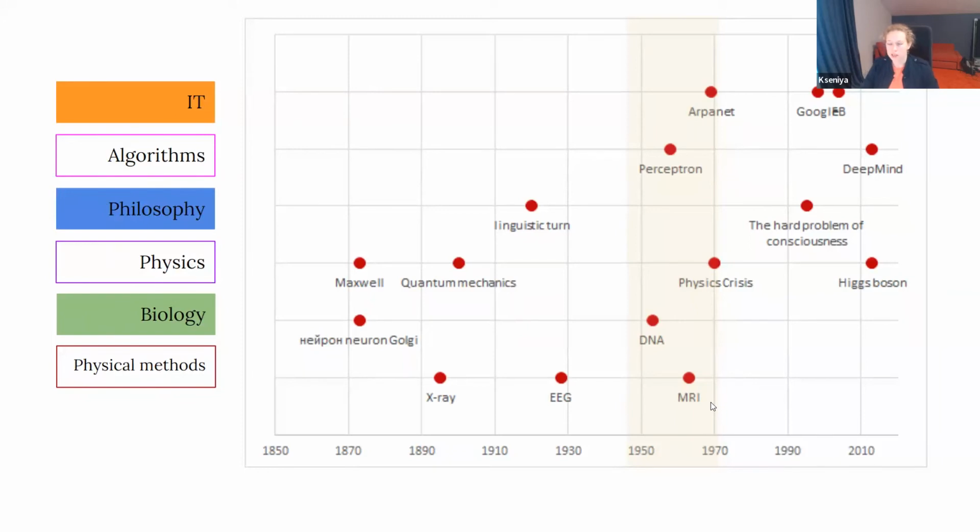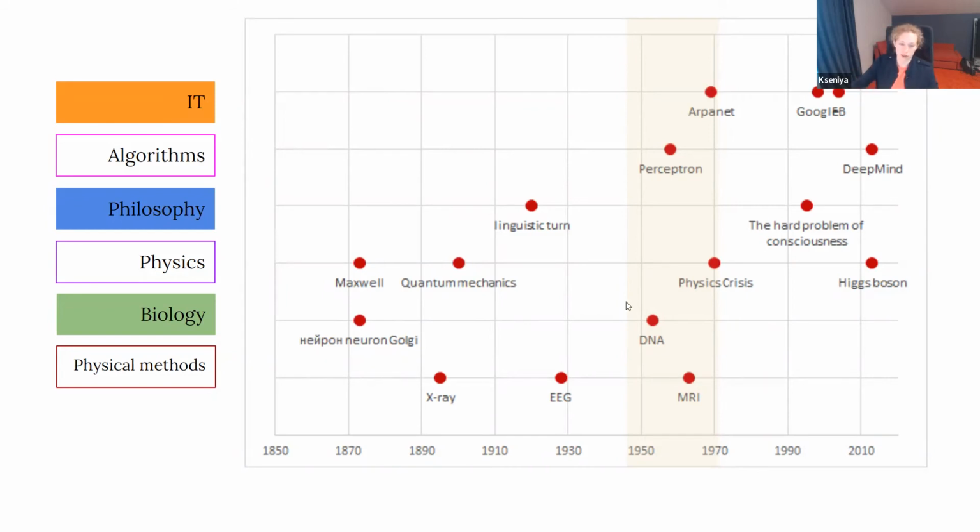As you can see, until the 50s, the methods by which it was possible to study the brain, in addition to philosophy, were methods of electrophysiology and optical microscopy. So you could just measure some electrical activity in the brain or on the surface of the head, and you could see the neurons themselves. But